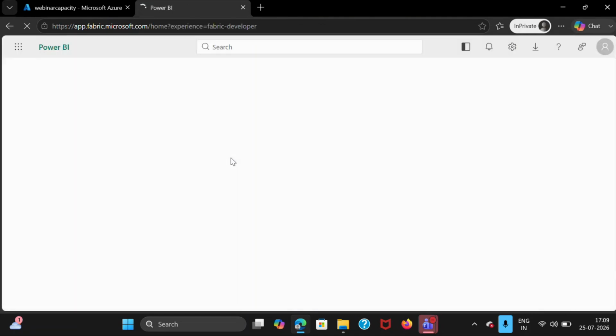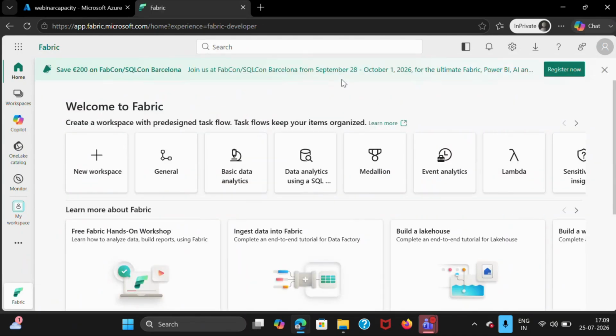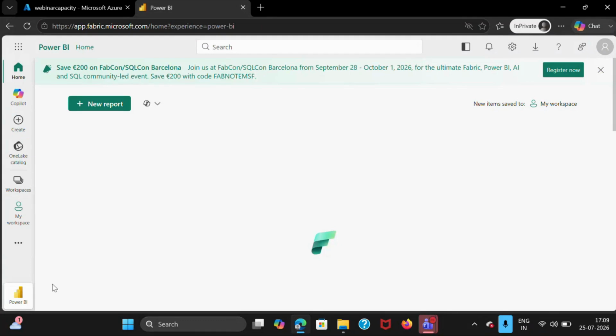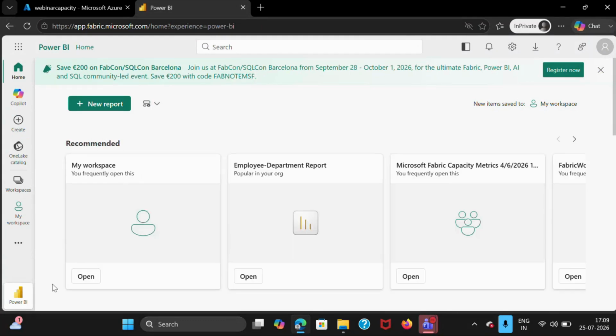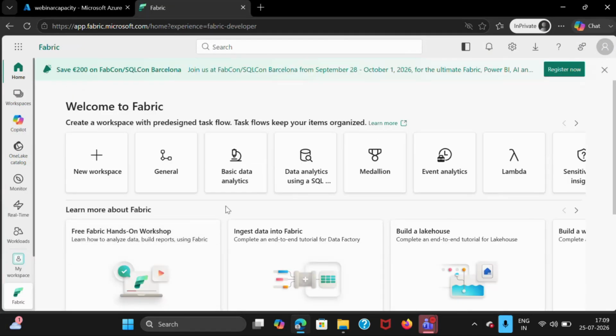By default, what Microsoft has done is incorporate the Fabric service in the existing Power BI service. So there is Power BI also available. If you come to the left-hand side corner and click on Power BI, this will take you to the Power BI service, the Power BI portal. So don't think that Fabric and Power BI are the same. No, Power BI is completely different. Fabric is completely different. But yes, you can use Power BI in the Fabric service, but you can't do the